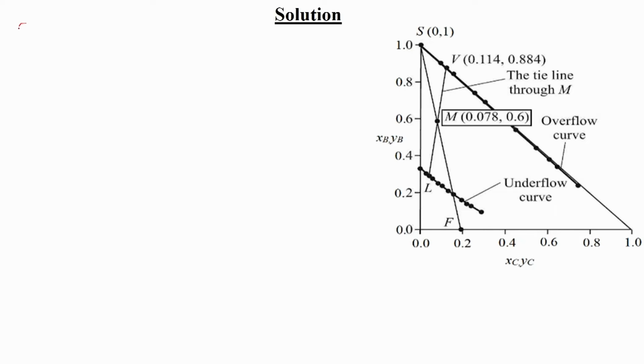First we will try with this right triangular diagram, then we will do this one for the Ponchon Savarit, or we can say the solid free basis. For this, whatever the data points are there already, we will need to get this one. Say first, feed is given as 1000 kg, and this solvent is given as 1500 kg. Okay. And then XCF, that is given as